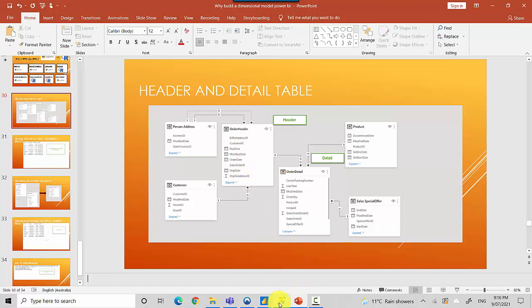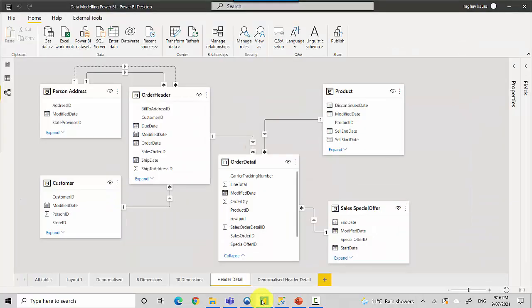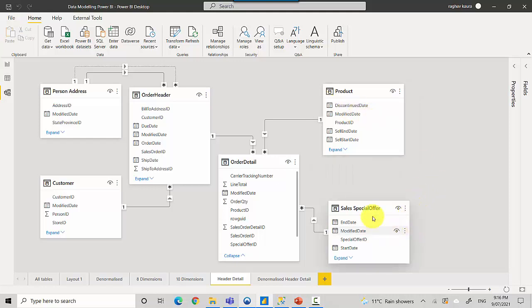So let's just open the Power BI file. I've got this open here with me as well. You can see quickly that there's an order header to order detail one-to-many relationship, and there are associated tables. If you model it like this in Power BI and you kept it, what would essentially happen is that if you're going through any of these special offer or product tables and you want to get the order header information, it will not play nicely because it will not filter properly.